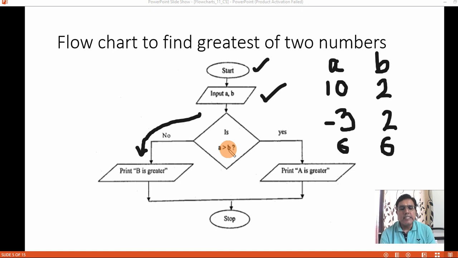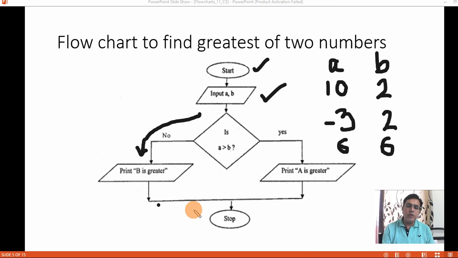So what it is checking, 6 is greater than 6. क्या 6 से बड़ा होता है? No, right? It is equal, that we know, but it is not greater than 6. 6 is not greater than 6, so it will come in no, right? It will display B is greater, right?